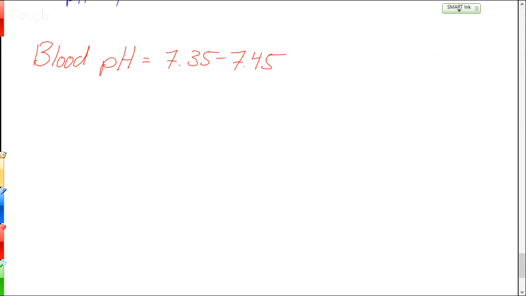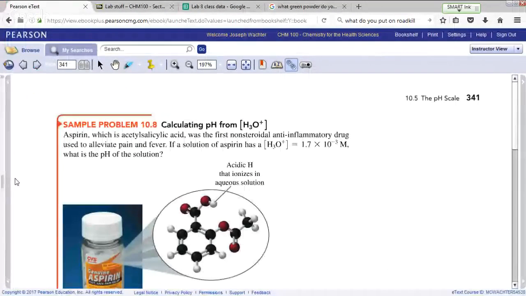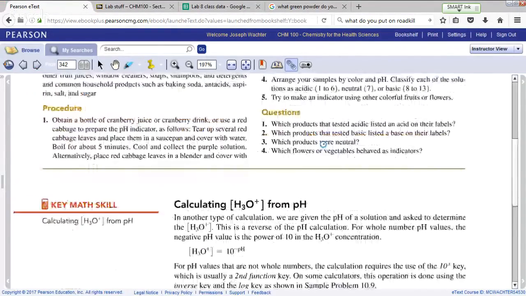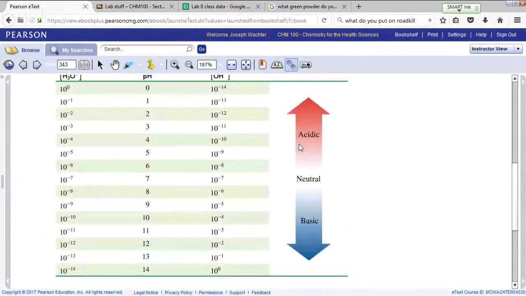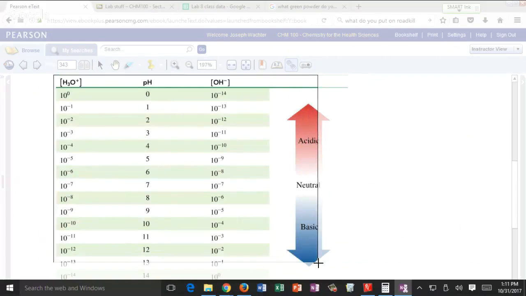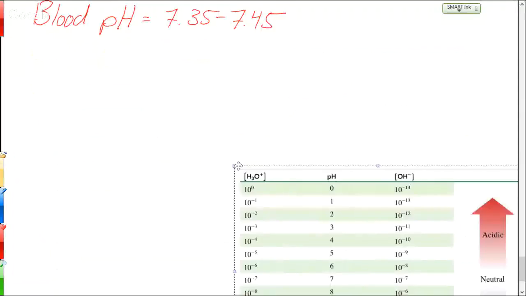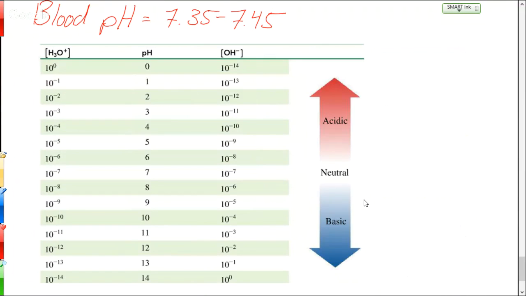All right. So for a nice summary table of all the stuff we've just been talking about, on the bottom of page 343, there's this table that relates hydronium and hydroxide concentrations with pH. So you can see on the left, as hydronium concentration goes up from bottom to top or down from top to bottom,